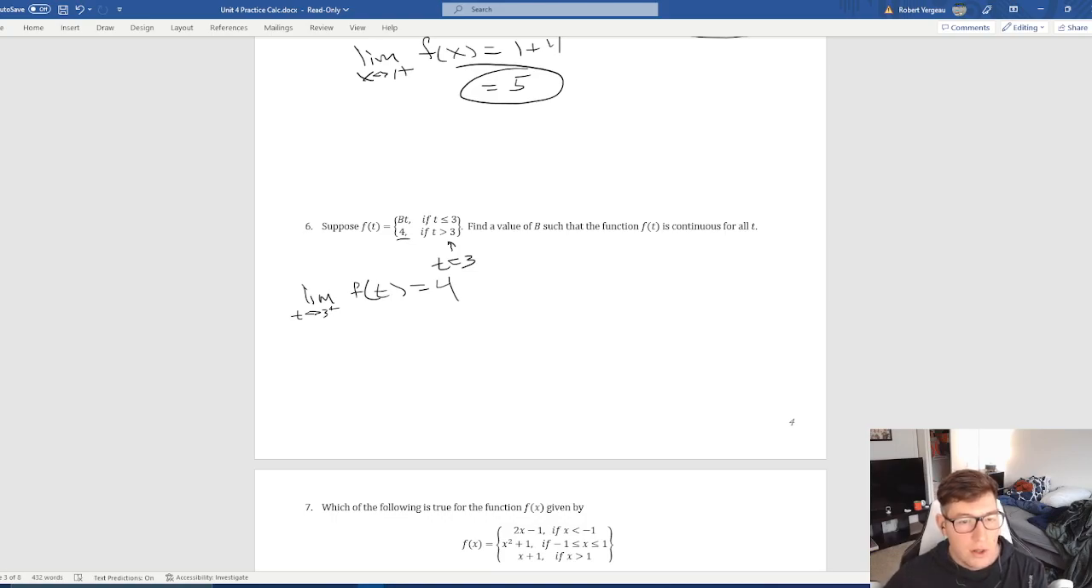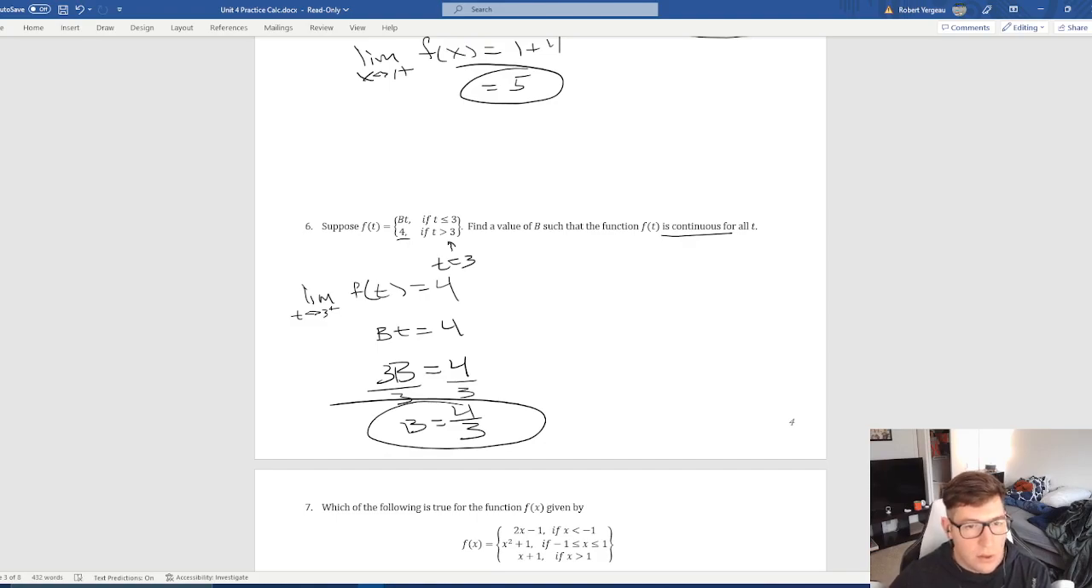And so what that means pretty simply is that when we plug in 3 into bt, we actually just have to equal 4. And so if I plug 3 in for t, what that means is I'm going to have 3b equals 4. And so I just divide both sides by 3 to learn that b has to be 4/3, in order for this to be continuous everywhere, right, in order for the left-hand limit to also equal 4 and the function value itself to equal 4, b needs to be